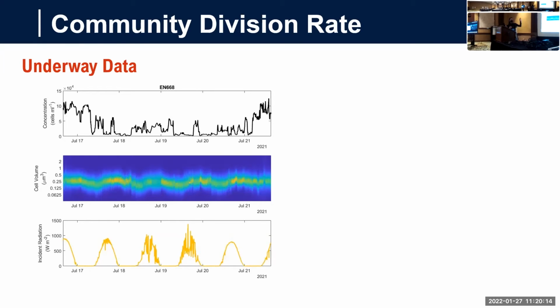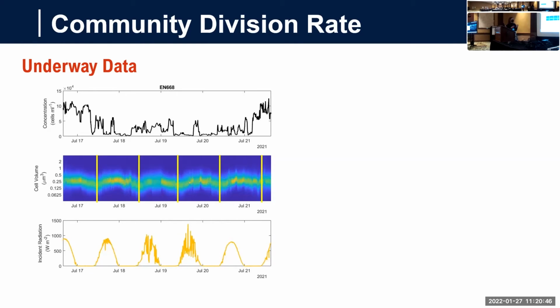At the top, we can see the concentration can change pretty dramatically over the cruise, but we still have this nice diel pattern in cell size over the course of the day. So we could go ahead and fit the model to the days starting at dawn, like we do at MVCO. But I would worry, and you might worry, that this would be sensitive to where we were in the water and whether we transition between bodies of water towards the end of the day or at the beginning of the day. And we wouldn't want to be subject to that kind of